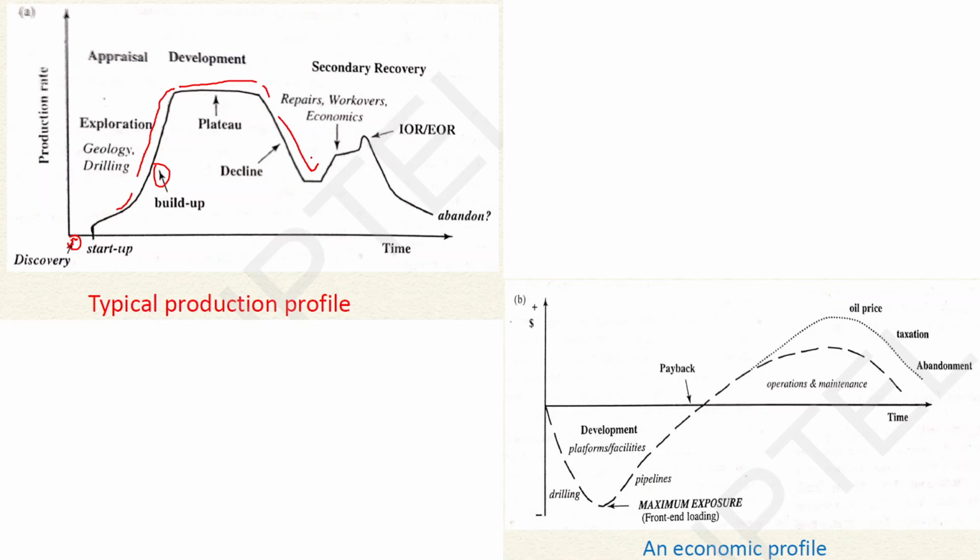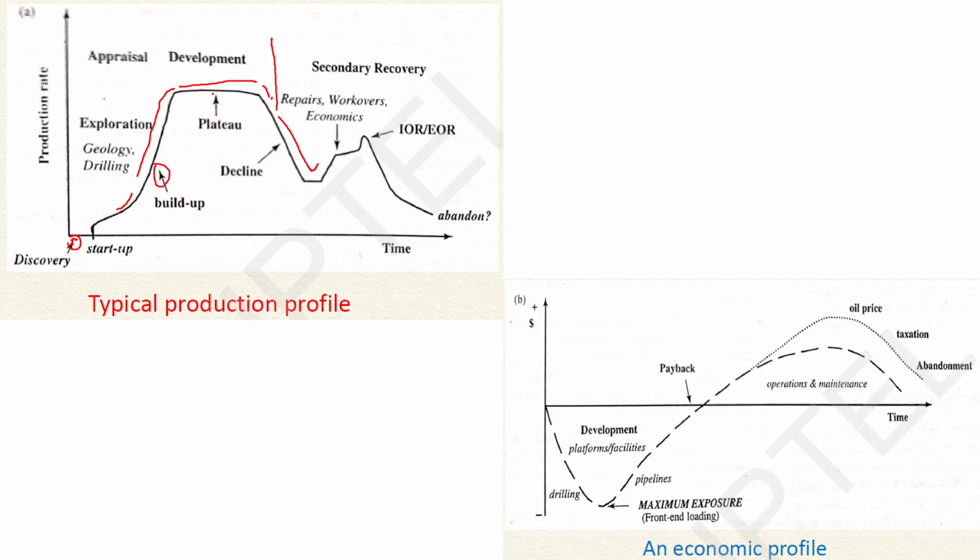But after some time, when repair and maintenance is required, then the production rate will obviously be affected. And then further, this is the area until when we are doing the primary recovery. So after the primary recovery, after extracting the oil from the primary recovery methods, suppose we have completely exhausted our primary recovery methods and now no more oil is being extracted,